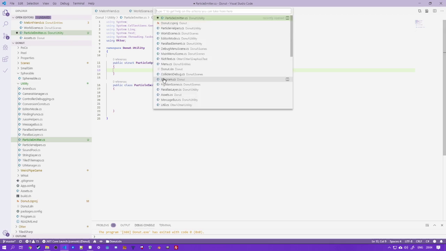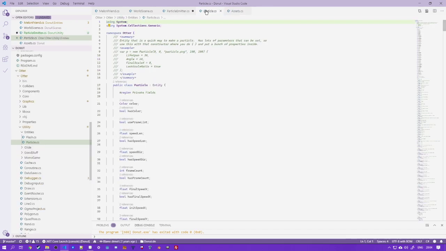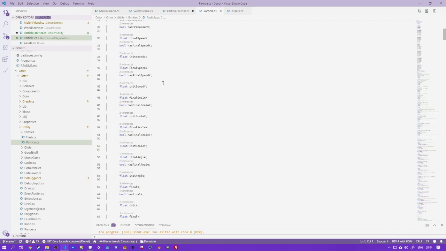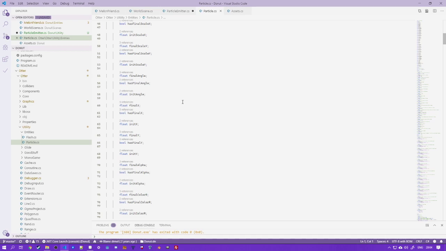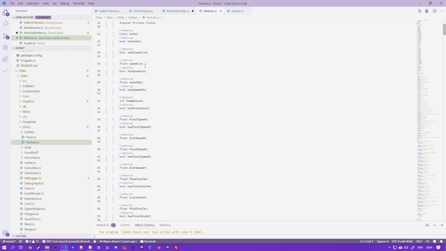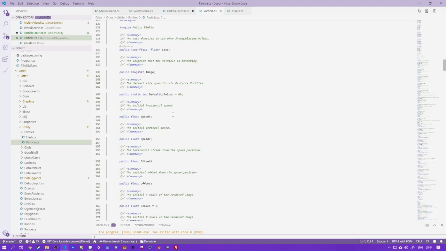Generally speaking, I'm using Otter2D as my game engine / framework, which is by the indie developer Kyle Pulver, which I mentioned before. He made a game I really liked, and this engine / framework works really well for me. Lets me just get things written up real fast. So this actually has a ton of stuff already for particles. It has color stuff, frames for animation, speed, direction, final speed, final scale, so it can tween between different things, and color stuff. And I don't want to be too redundant and clone all of this out, but I'm probably going to have to,